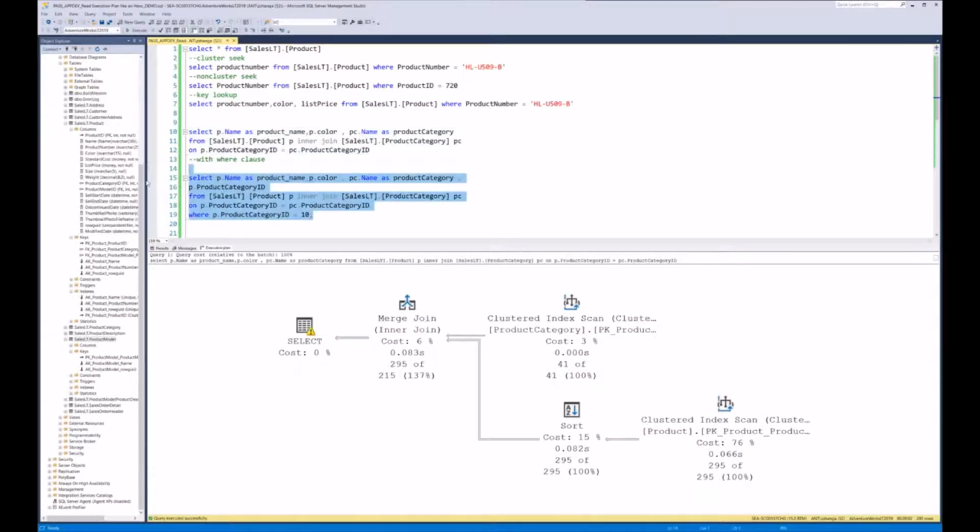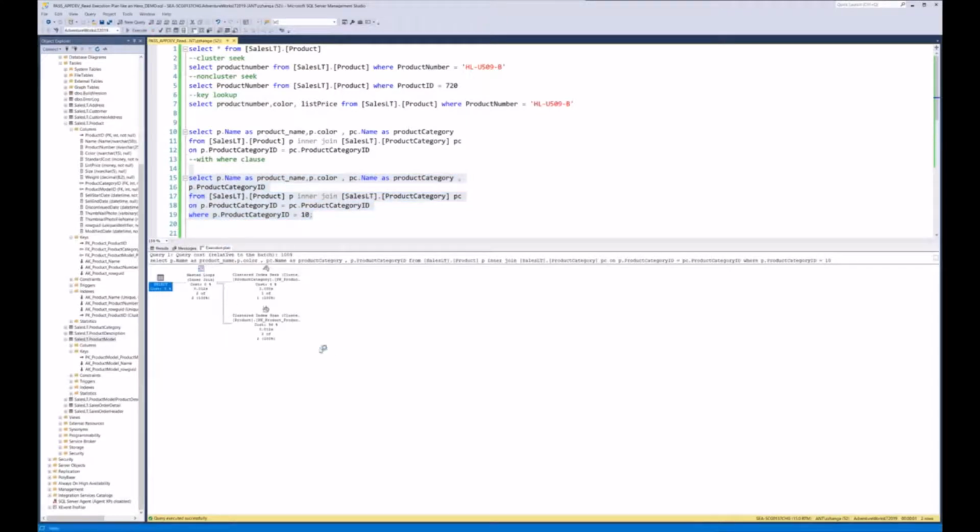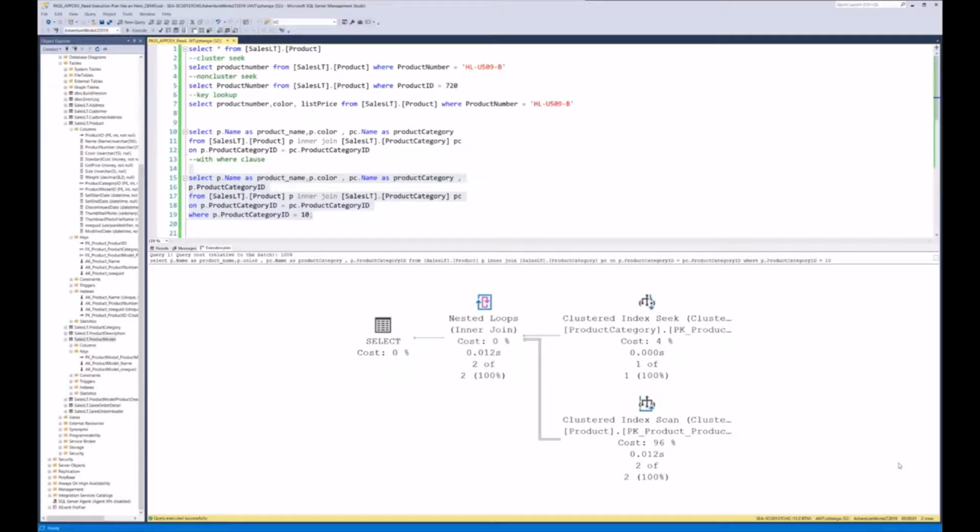So as you can see, to do the comparison here, I add this where clause, and let's see what happened, right? You see the difference? Now, as you can see,